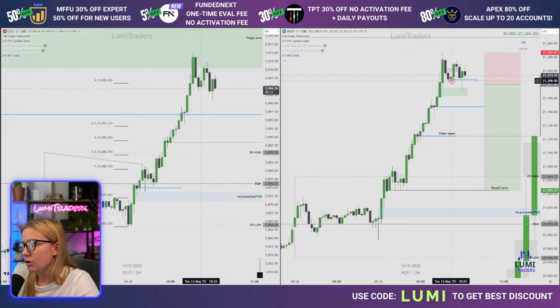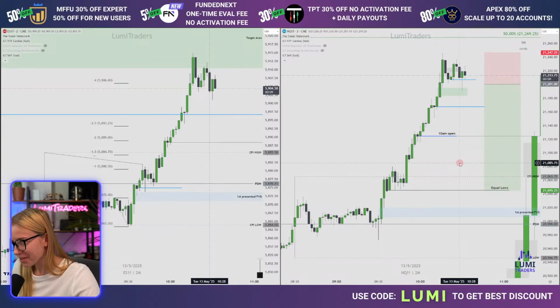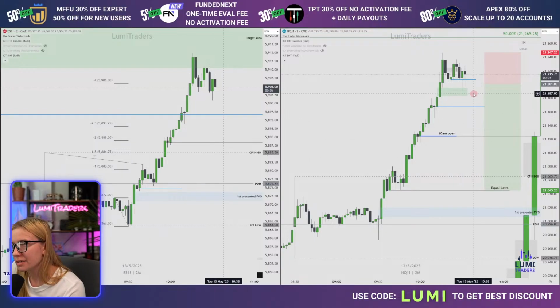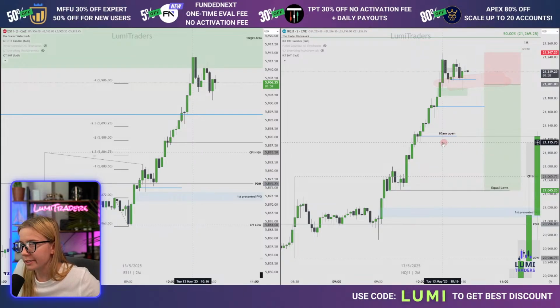I'm thinking right now about if it wants to close below this blue line right here. If so, it should offer opportunity. No closure yet. Important to have the closure right here. Don't try without order block, guys.